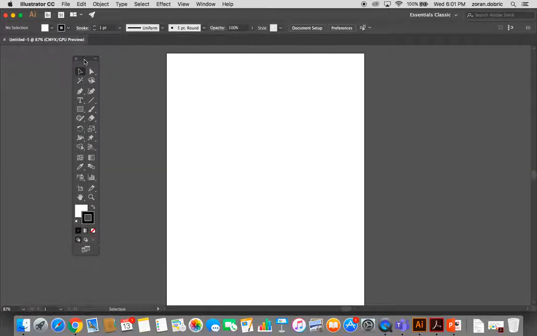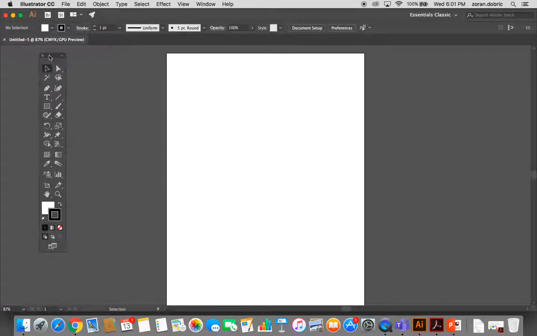And if you click and drag in the dark gray area on top, you will then be able to move it around. Each tool has a name which gets displayed at the bottom of the screen. So if I click on this, you can see at the bottom of the screen it says type. If I click on this, then you can see at the bottom of the screen it says direct selection. So if you can't remember the name of the tools, you click on it and then you can see their